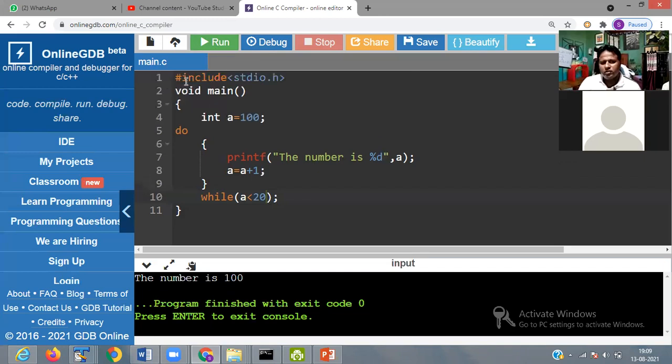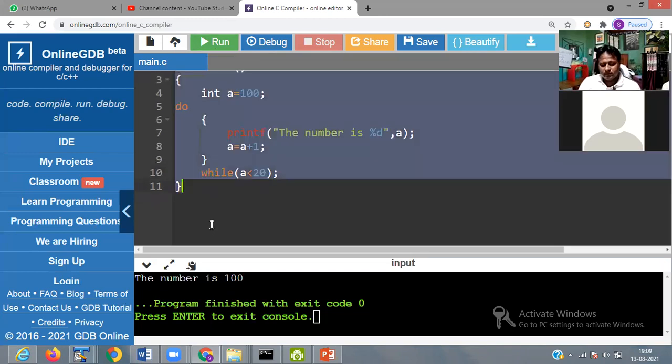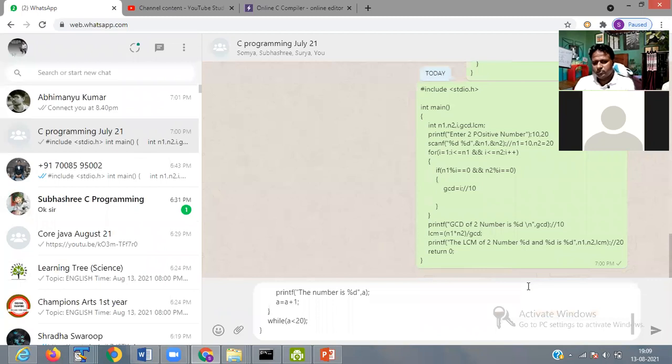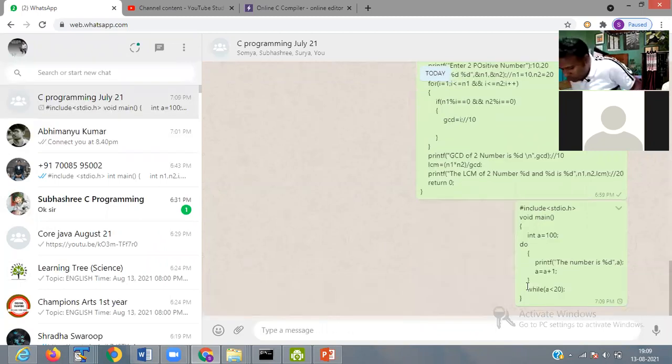Okay, that is the do while loop. We covered up to the do while loop. So you do the practical from the beginning. Then we start with the for loop on Monday.